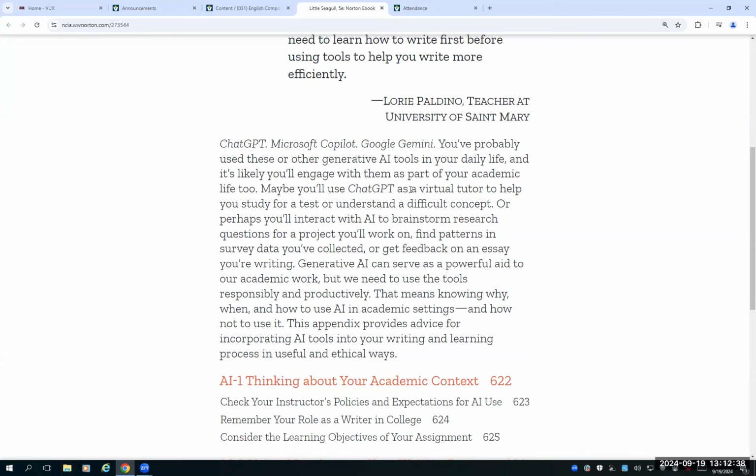You might end up using ChatGPT as a virtual tutor to help you study for a test or understand a difficult concept. Or perhaps you're going to interact with AI to brainstorm research questions for a project that you're going to work on. You can use it to find patterns in survey data that you collect. You can use it to get feedback on an essay that you're writing. Generative AI can serve as a powerful aid to our academic work, but we need to use the tools responsibly